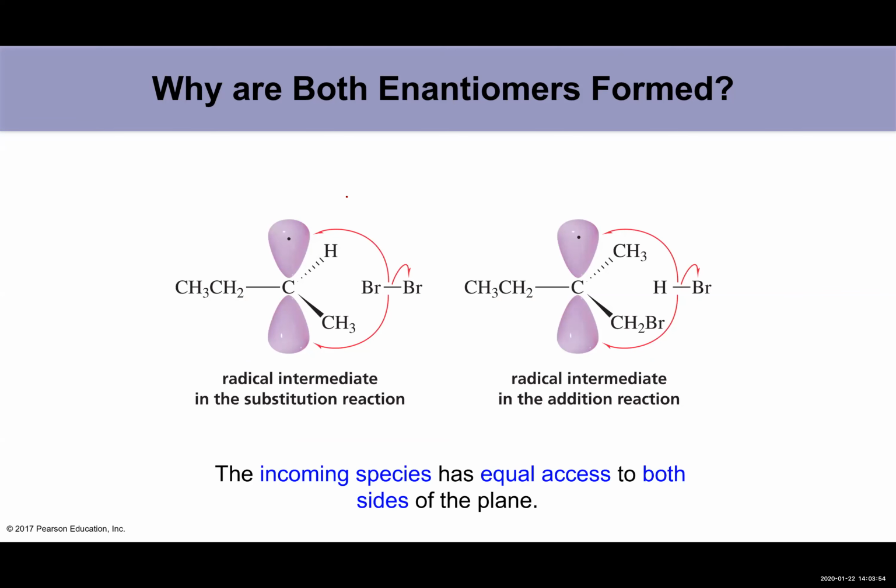You have a radical secondary carbon. It's sp2 hybridized, so it's flat. When it attacks a bromine or an HBr, it can either add it from the top or the bottom, and so you get an even mixture of the two products that would form from